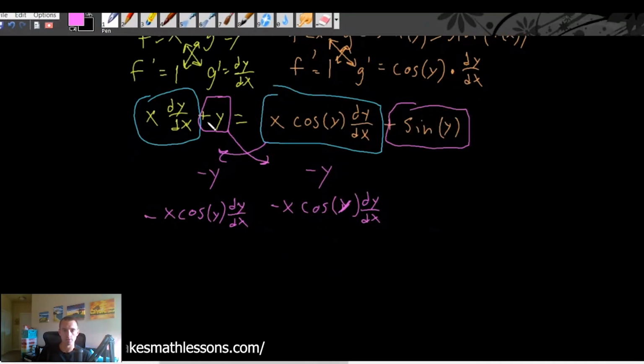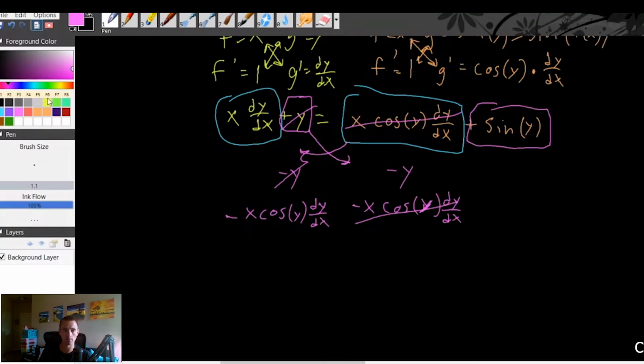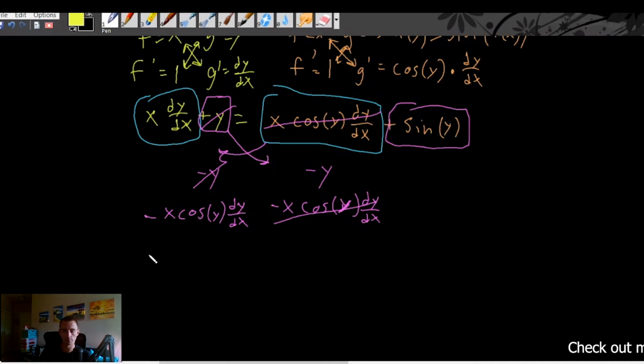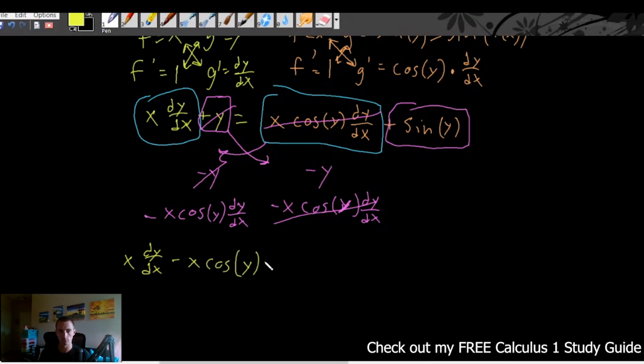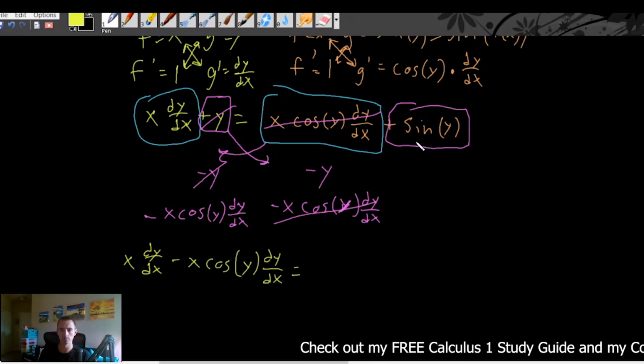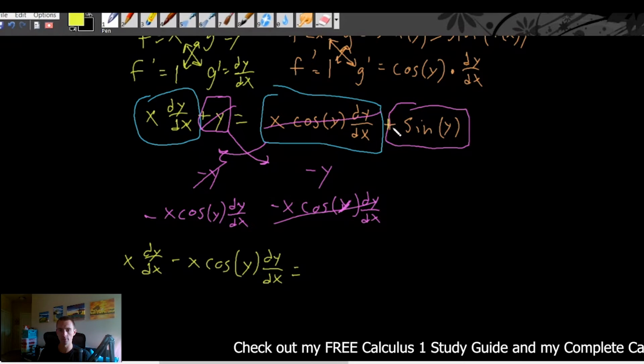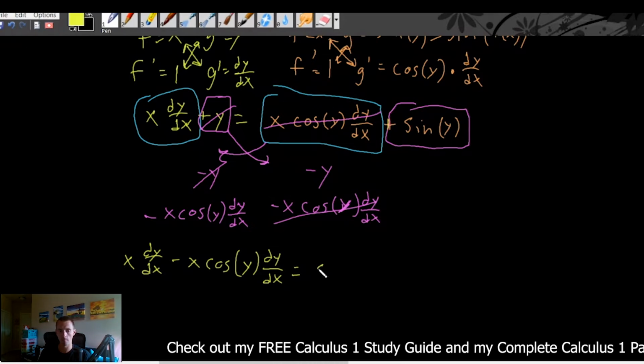And what that's going to do is the y is going to cancel there. The negative x cosine y dy dx is going to cancel with the x cosine y dy dx. So we're just going to be left with, at that point, x times dy dx minus x cosine y dy dx equals a positive sine of y